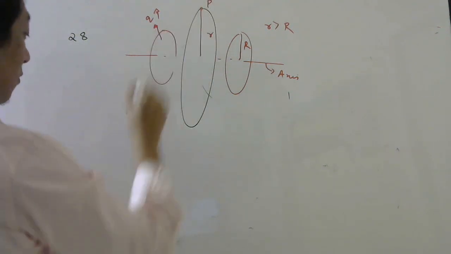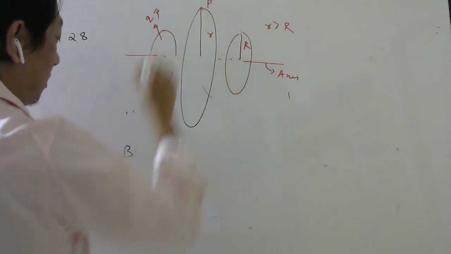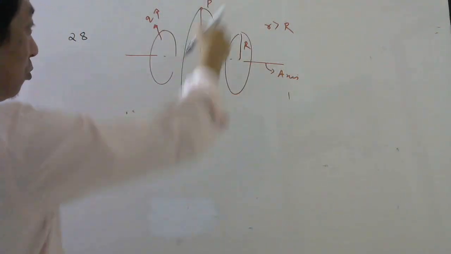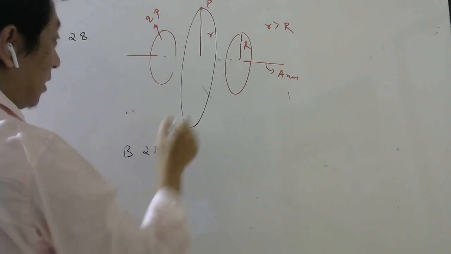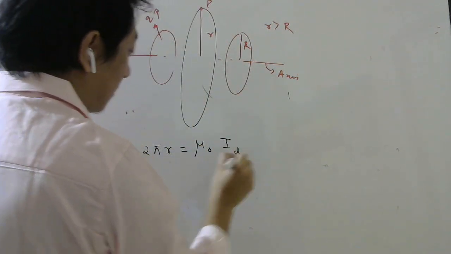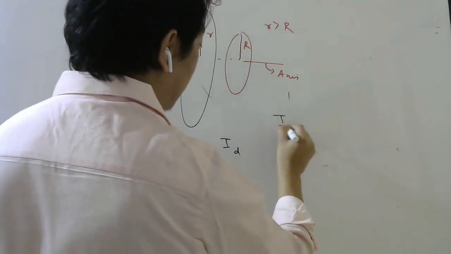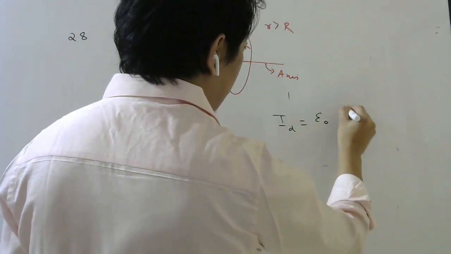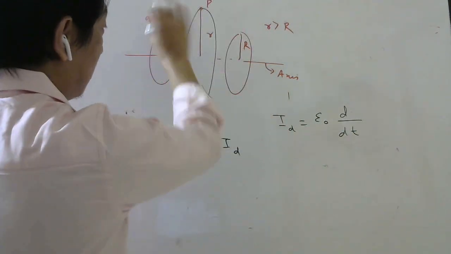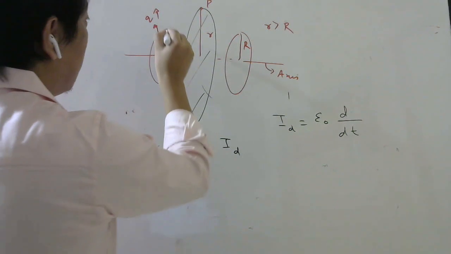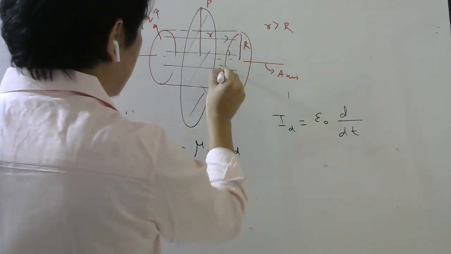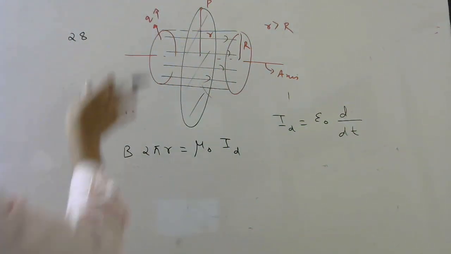So your left side will be same, B into this circumference, because you are integrating on the loop, Amperian loop. So it will be 2 pi into radius of the circumference. Right side was ID. But now to find ID, what will you do? Epsilon naught d phi E by dt. But you have to find electric flux through this loop. But there is electric field only here, no? Yes or no? There is electric field only between the capacitor.